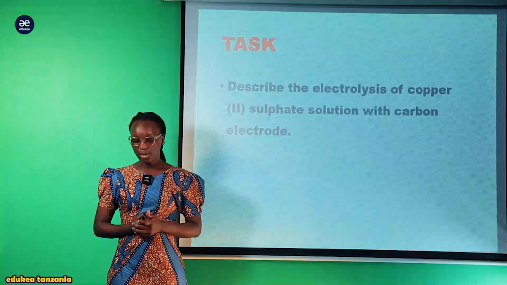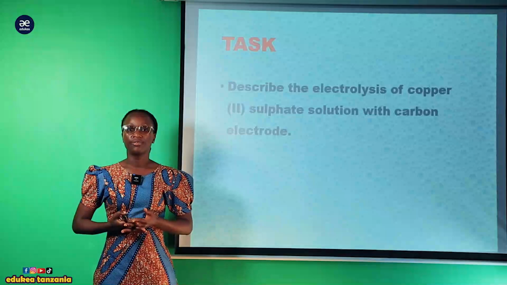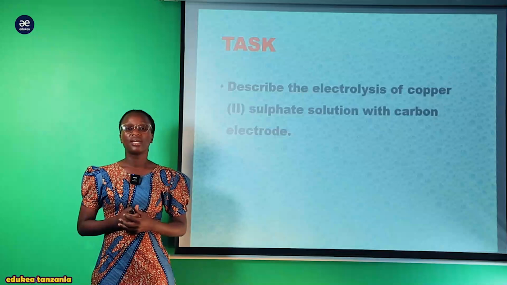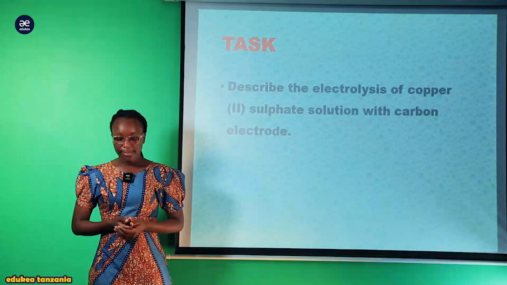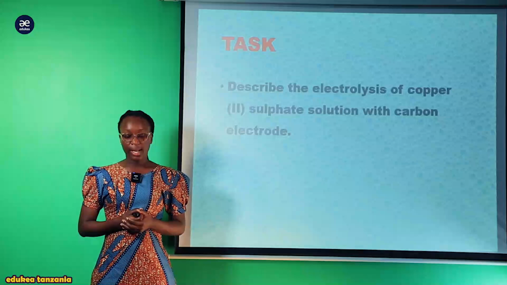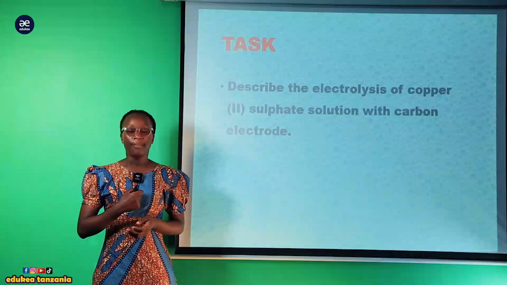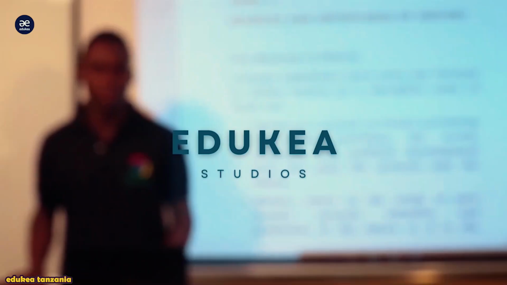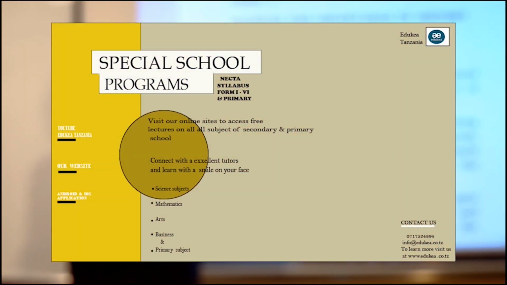Now my students, after looking at this concept of some selected kinds of electrolysis of selected electrolytes, there is a task for you here. Try to attempt it so that you can increase your understanding of this concept. The question is, describe the electrolysis of copper 2 sulfate solution with carbon electrodes. I hope my students will attempt the task because you have already passed through the session and you have understood. Also, I know my Form 3 students, you will go through the books, checking the library books, checking the past papers,